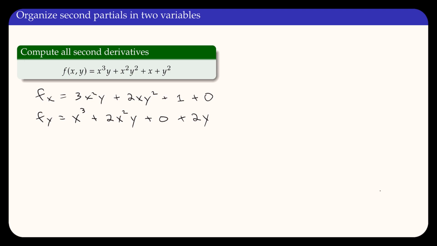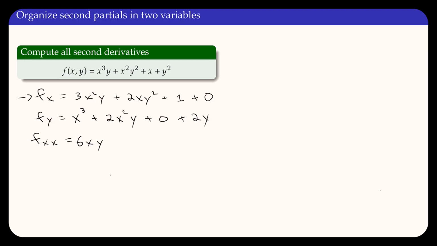And we know there's going to be 4 second partials here because we have 2 variables. So let's start with f subscript xx. So we're going to take the derivative of f subscript x with respect to x. That's this right here. And we're going to hold y constant again, so we're going to get